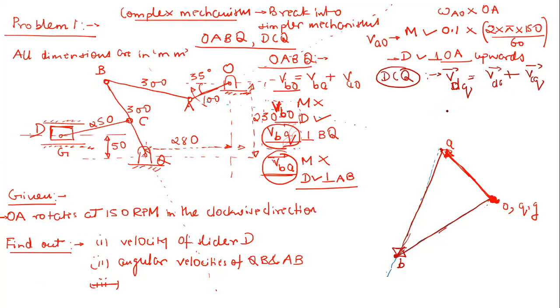So let us start with the quantity which is completely known to us. Then we will go to all these things. So let us start from here. Right? So now VCQ vector. So first of all, just tell me, is it known in magnitude? So velocity of C with respect to Q, is it known in magnitude or not? No. No, sir. Okay. Yes, sir. So is it possible to find out the magnitude of this?